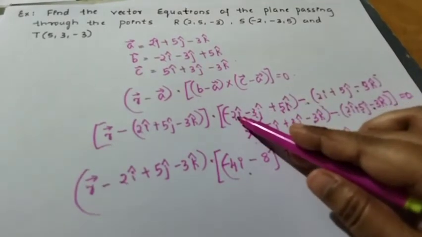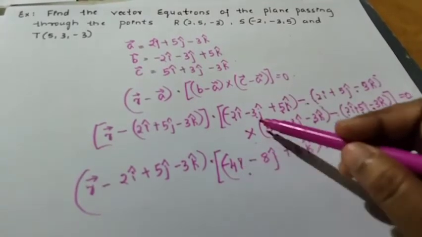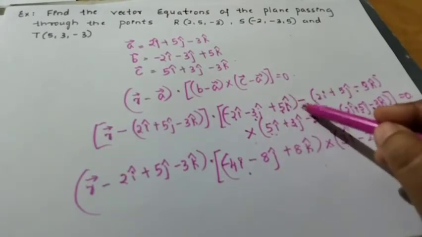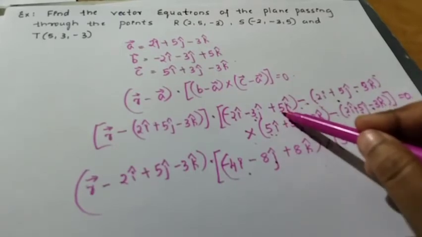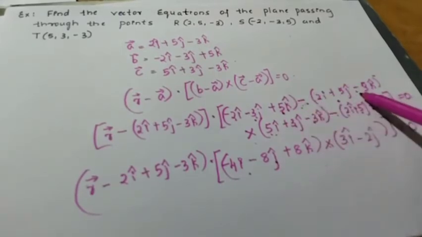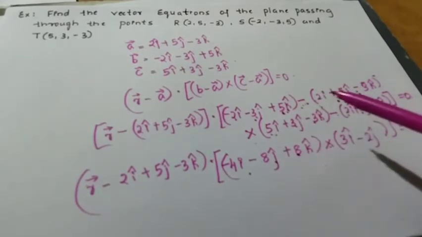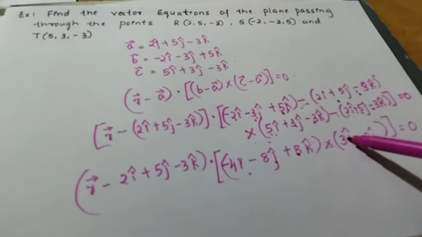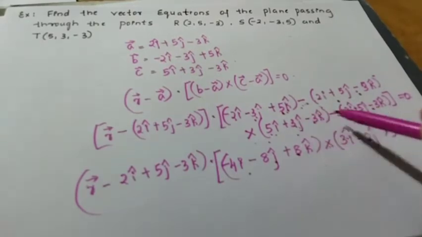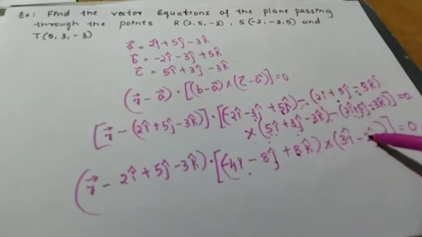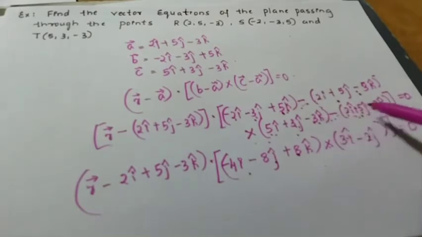Okay, what I have done? Minus 2 is minus 4. Minus 3 plus into minus is minus. Minus 3 minus 5 is minus 8. Plus 5 minus into minus is plus. Plus 5 plus 3 is 8. Here 5 minus 2 is 3. 3 minus 5, sorry, because minus into plus is minus. 3 minus 5 is 2. Minus 3k, minus into minus plus 3k becomes 0.